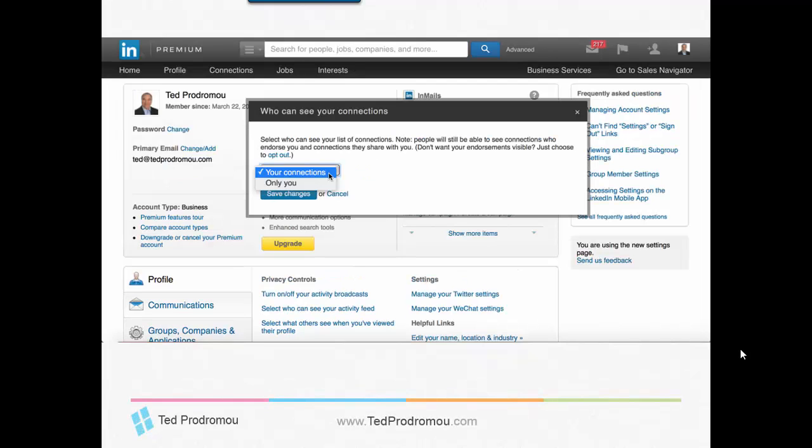Who can see your connections? This is an important setting. I used to work at a software company and we had a lot of salespeople that worked together. But now 2 people have left and work for different companies who are competitors now. So if they looked at each other's connections, usually you're connected with your customers, so they can actually go and look at each other's customers and steal them. So if you're in sales and have those kinds of issues, set it to only you. I really don't care who sees my connections. I have over 4,000 and I don't think my competitors are going to come and steal my customers. But if they want to, great, go for it.